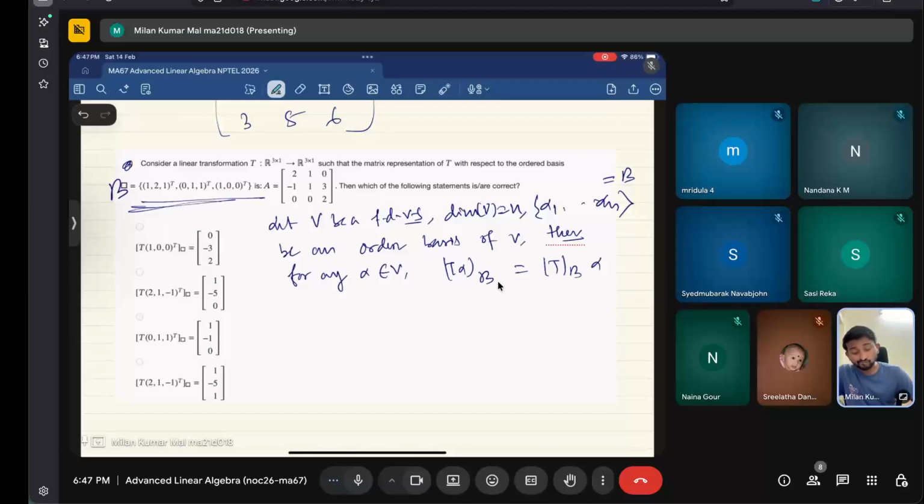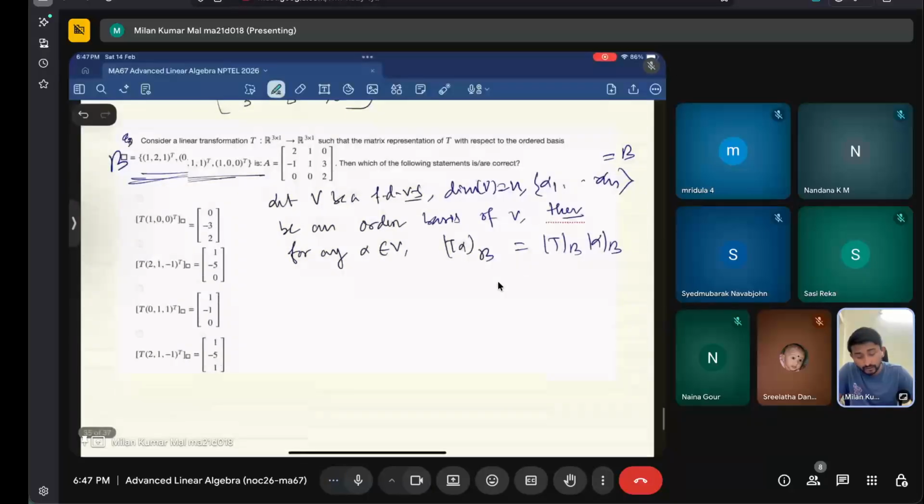So now, here it is asked something like this, right? So we have to find the matrix representation corresponding to alpha equal to 1 0 0, 2 1 minus 1, 0 1 1, whatever it is. Okay, so now here it is given that T beta is equal to the matrix A. Okay, so now in particular, if we take